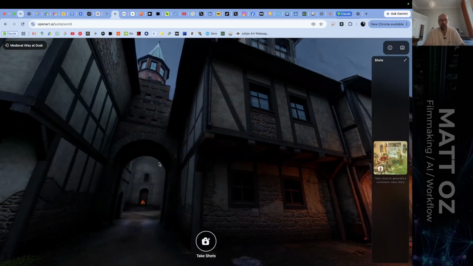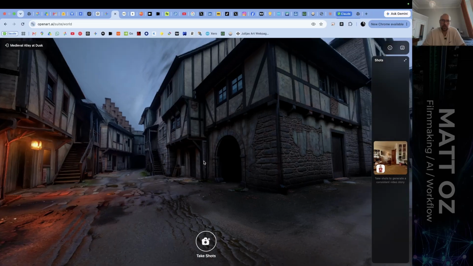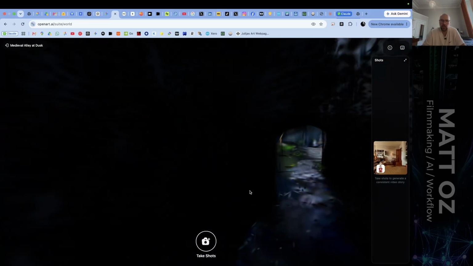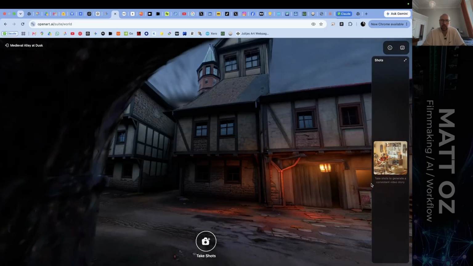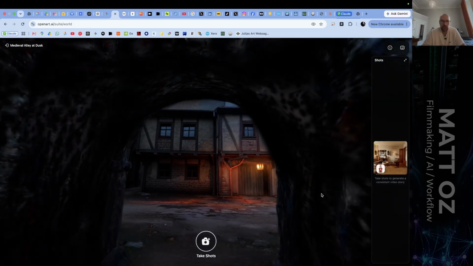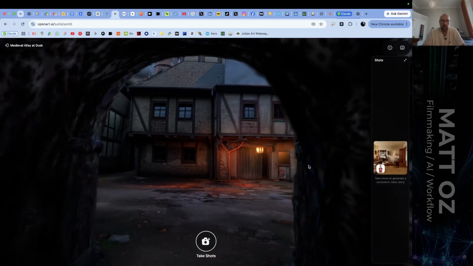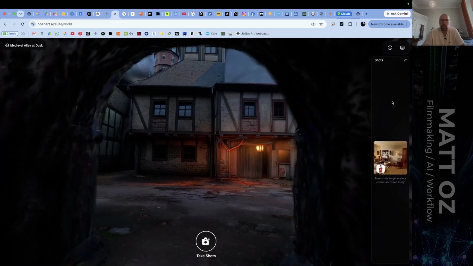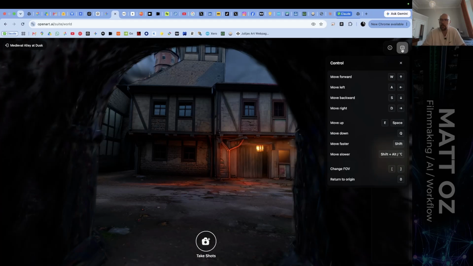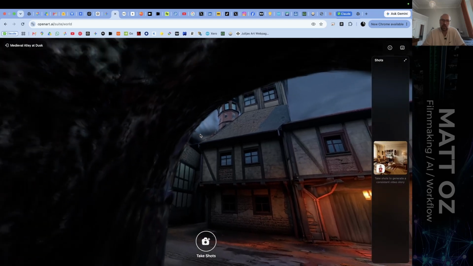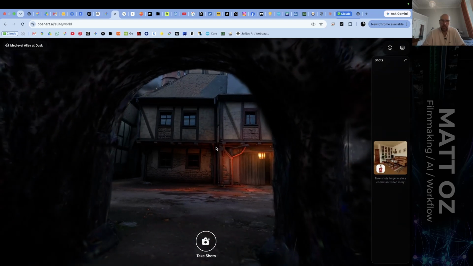Some of the stuff here is really cool. For instance, if I hold down shift, it uses the WASD keys to fly around, much like you do in gaming. So I can go in here and get a nice alleyway shot or a tunnel shot from in here. I can navigate lower. I can't remember what buttons do that, Q and E. You've got a little box here which gives you all of the commands that you can use, or you can take shots. Now the way it looks here is very sort of CG 3D as a base,